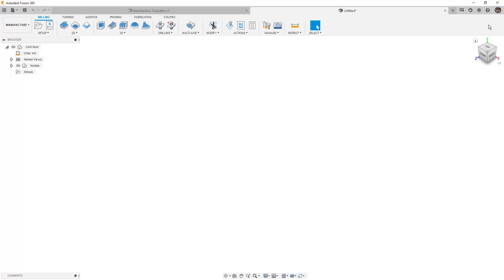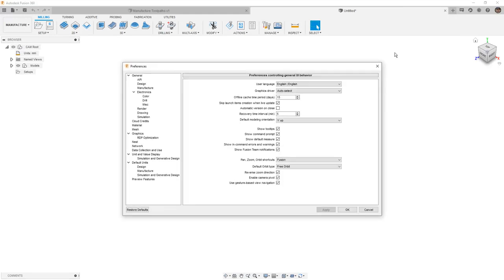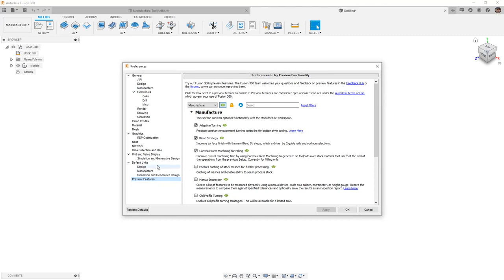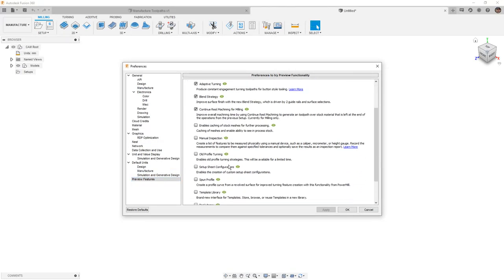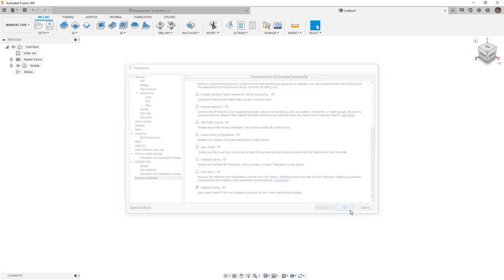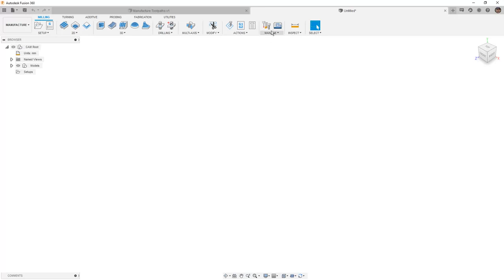Inside your user preferences, there are a few things that we want to make sure are enabled. First, in the General Manufacture section, make sure that Enable Cloud Libraries is checked. Next, in the Preview features, I want to point out that in the Manufacture workspace, there is a preview feature for a new tool library. This will change the way that the library looks, so we want to make sure that we explore this. To get started, I'm going to make sure that that's off, and then I'm going to navigate to Manage and